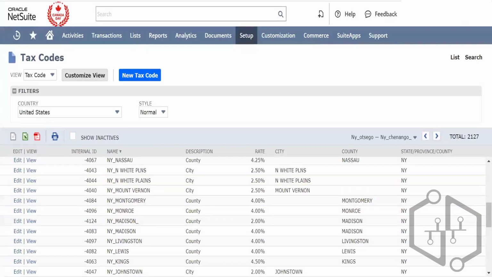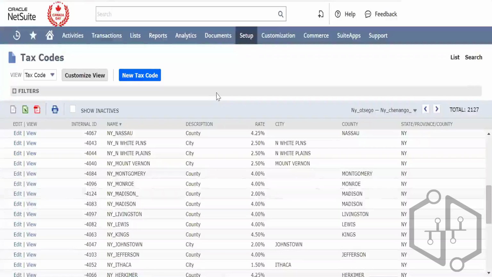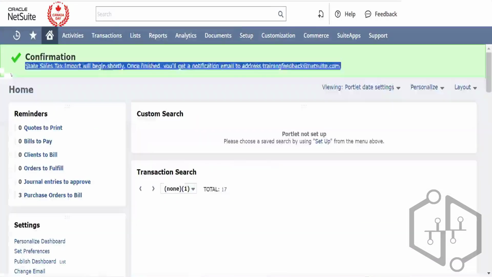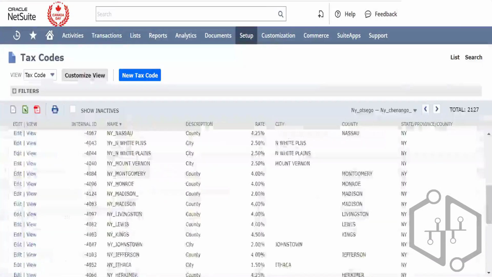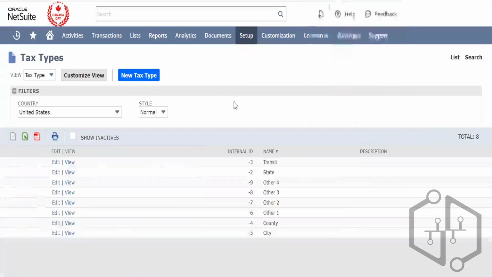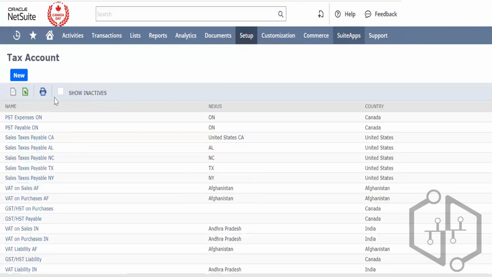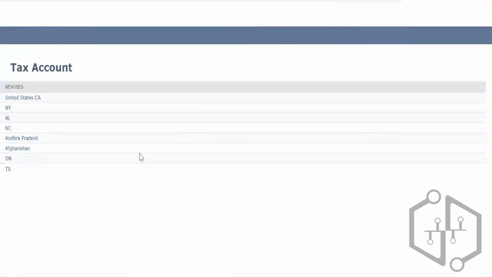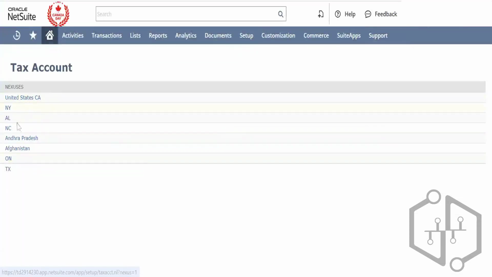Okay. So if you are dealing with other countries, let's say the United Kingdom, then the state tax import chart table that we've done right now is not going to work out. Okay, you have to create your nexus, and then you've got to create the tax type over here along with the tax accounts, right? The tax accounts also have to be created manually by clicking on tax account, and you select, let us say, your country wherein